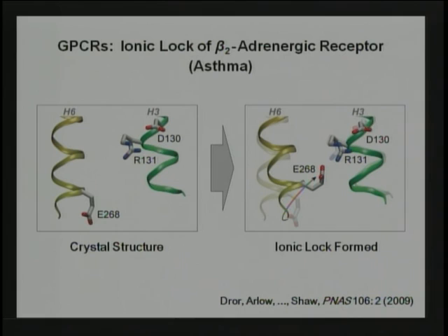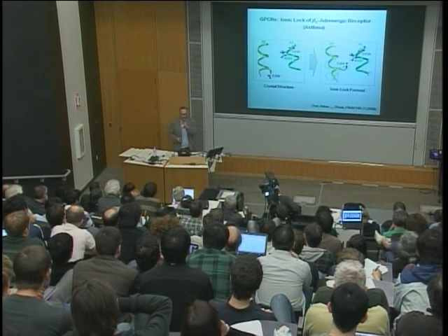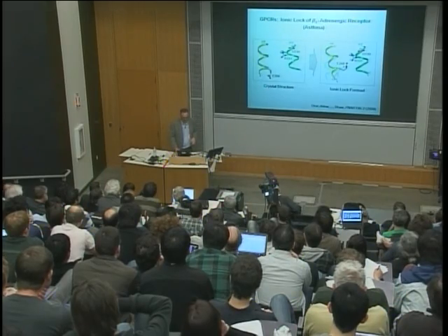And I won't have time to show you, but there was a confusing thing. At this point where we did the research, there were only 2 known structures of this very large class of compounds, and there's biochemical evidence that they should have done something. It's formation of something called the ionic lock, and you should have seen it in both, but you didn't experimentally. So in simulation, we found you actually do see what you would expect, but not much of the time, and we could show why that was.